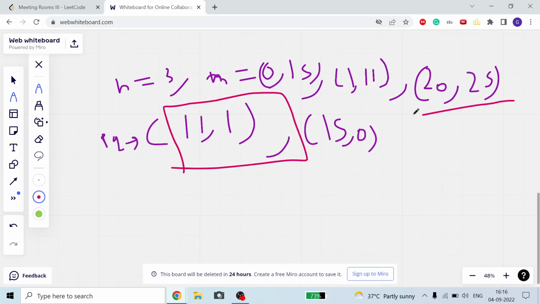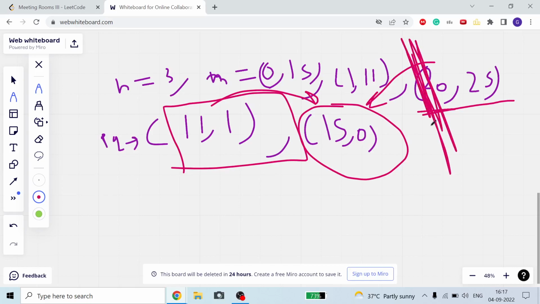Why? Because at time equal to 20, the entry 15 comma 0 is also free, we can see. It is free after 11 but before 15 and before 20. So we want the minimum room number free at moment equal to 20. We don't know when our room number will come. Suppose at this time, 20, we want the minimum room number, and at this time suppose is